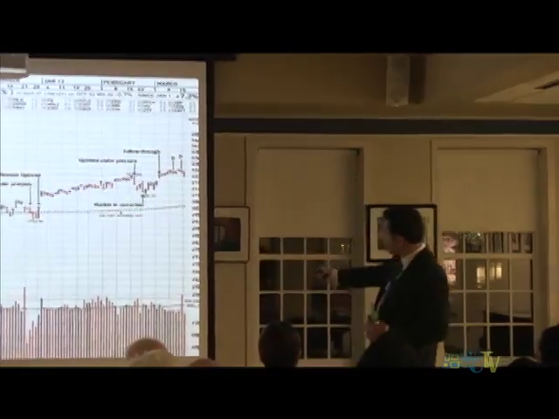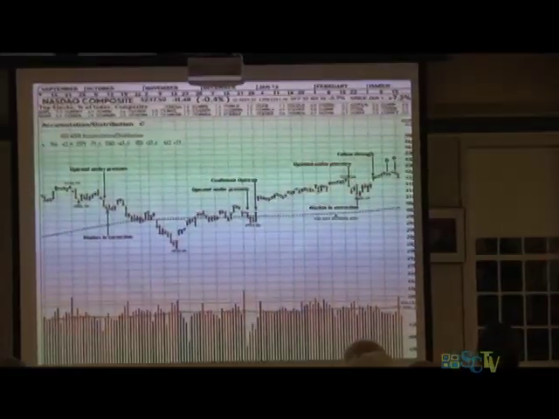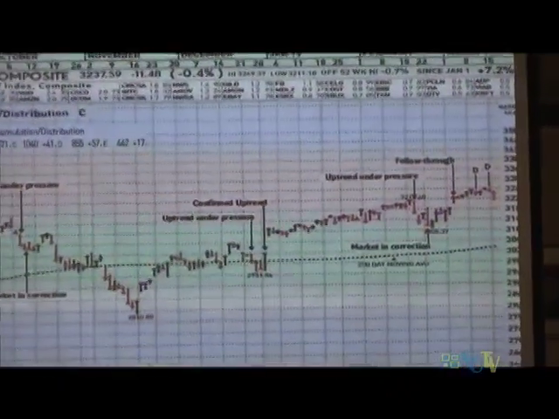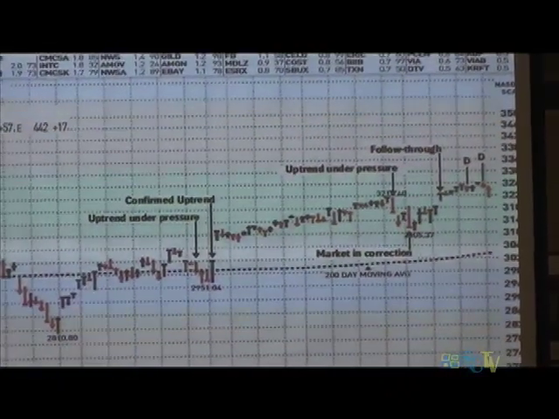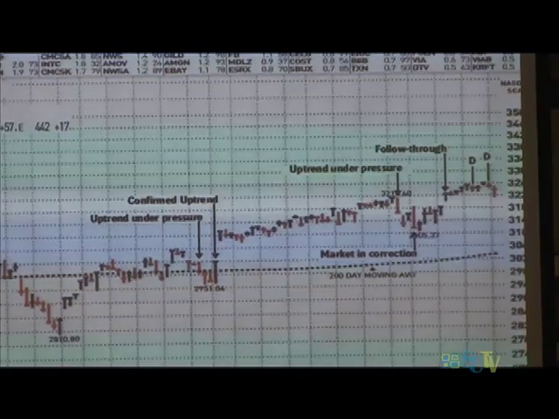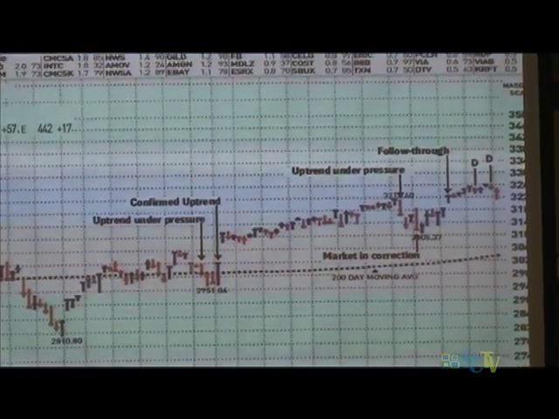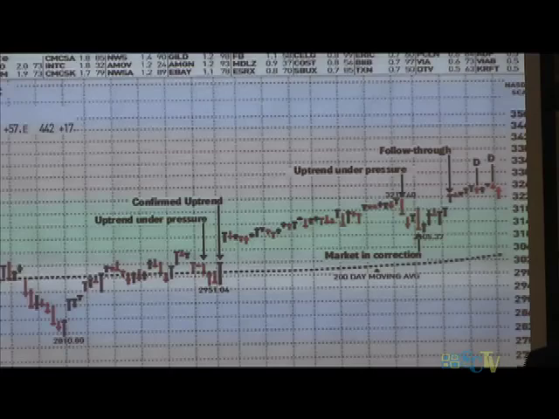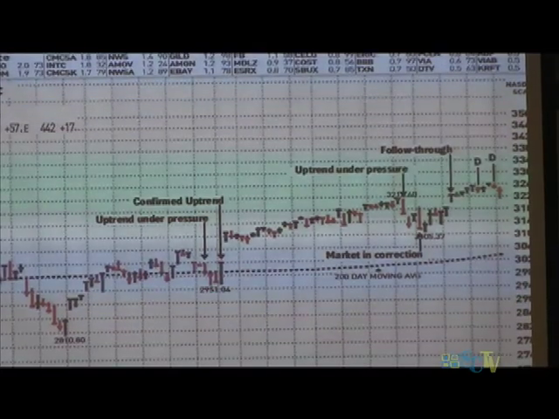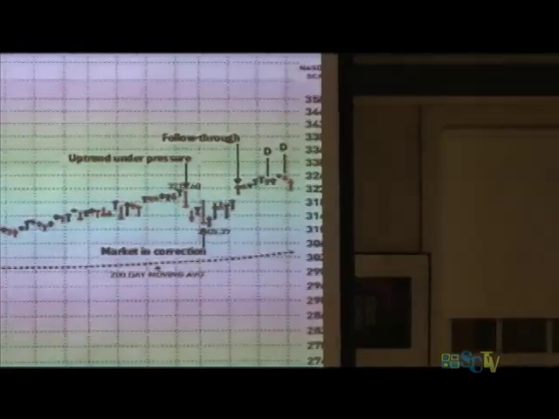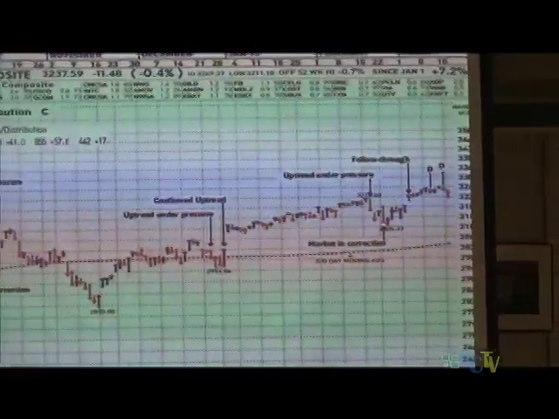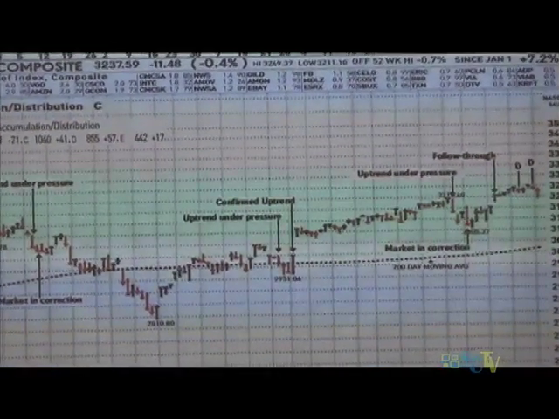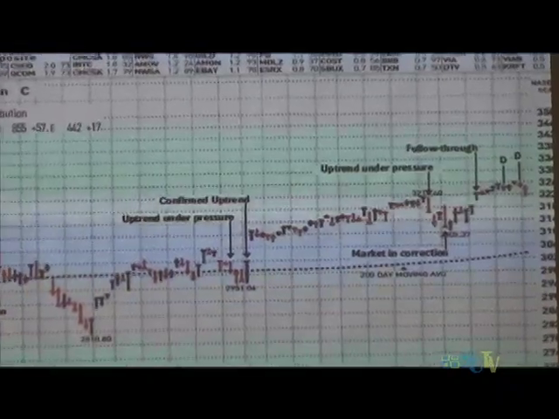Okay? And then 2 days later, we had another nasty down day, a downside reversal. The market closed at the bottom of its range for the day, and volume was pretty heavy. Volume was above average. So we can't ignore that. If you can't see the right side of this chart, if you just looked at that day, all signs were pointing to, okay, we're due for a correction. This could be the start of some kind of correction, right? However, the market was able to show resilience, and it started to rally, okay?